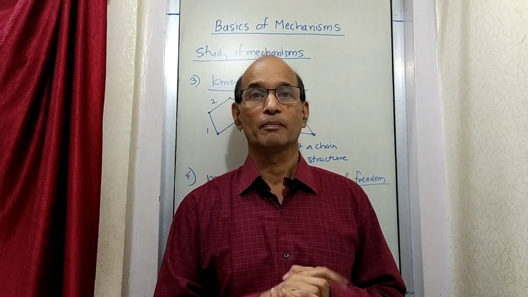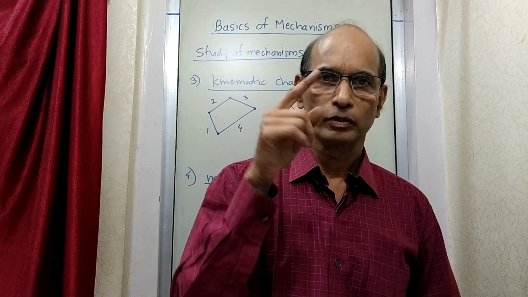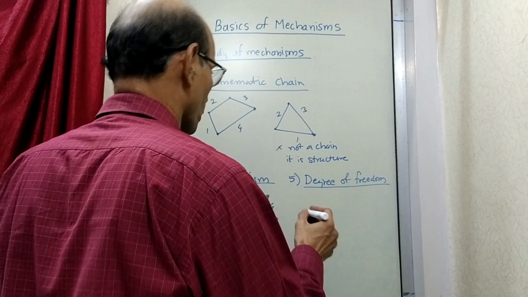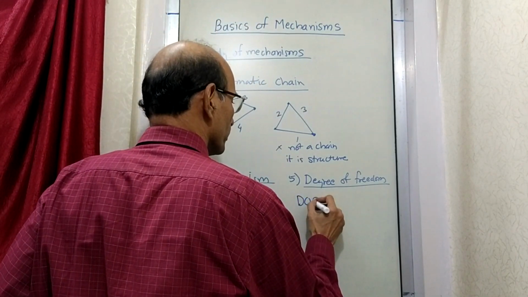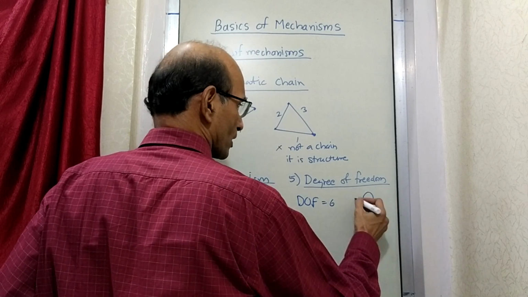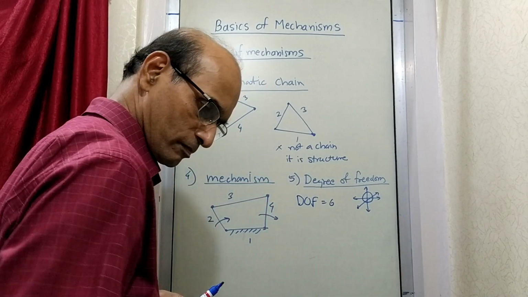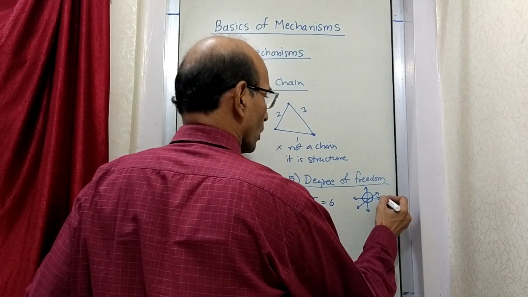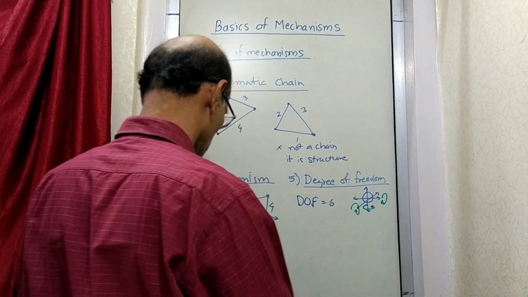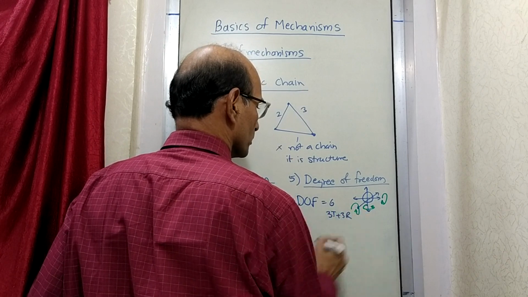So now this ball has maximum 3 translational motions and 3 rotational motions. That's why we have written that maximum 6 degrees of freedom are possible. So I'll write here DOF equal to 6, and the example is a ball in space. Then you can show x, y, z, and all the 3 rotary motions possible. So this makes it 3 translation plus 3 rotation.